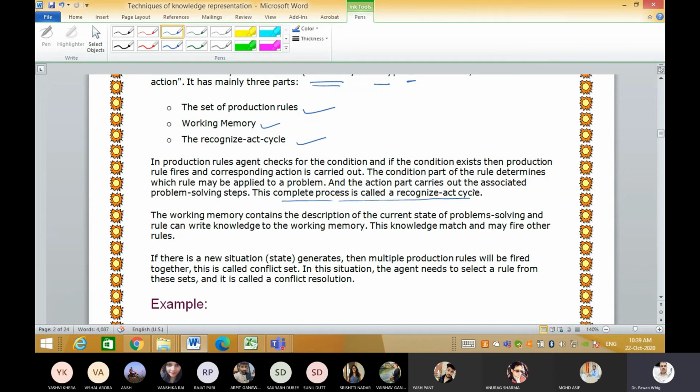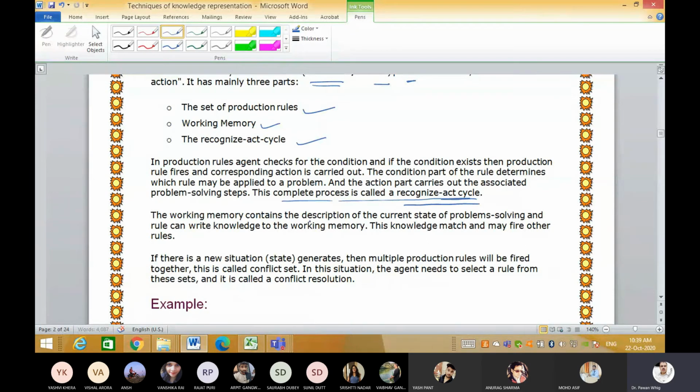This is how everything, the production rule in general life, is also carried out with these three sets of rules. Number one, again, what you have to do, you have to first of all meet the condition. Once you have that particular condition, you have to take an action, and then you have to plan the action, and after planning the action, there is an execution of the action, and this complete process is called the recognize-act cycle. This complete process is known as the recognize-act cycle. I think everybody understands this.